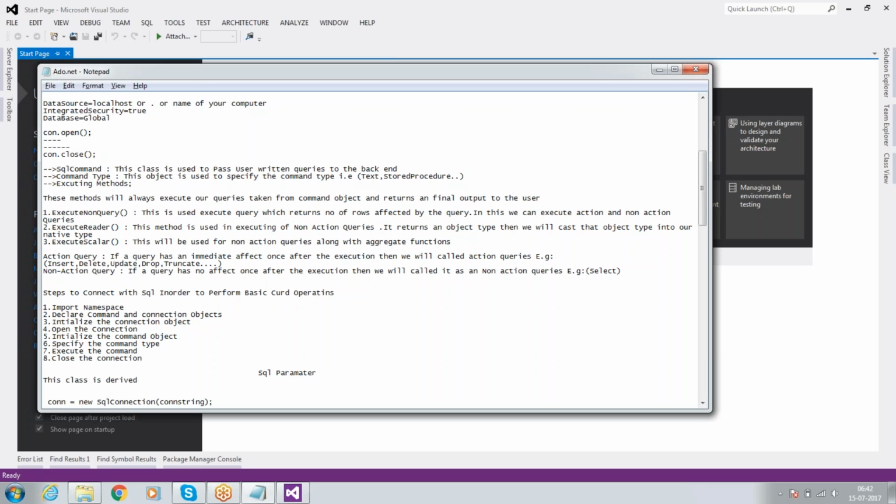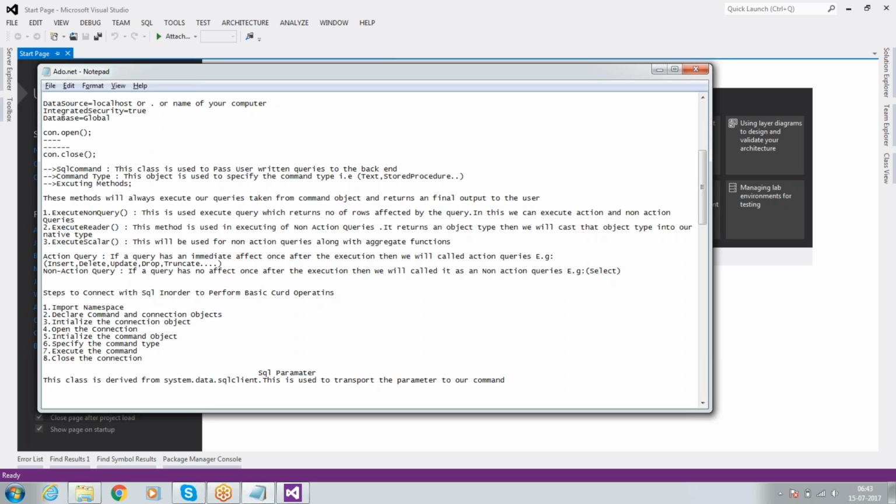Hi, today we are going to discuss the SQL parameter class. This class is derived from System.Data.SqlClient. It is used to transport the parameters to our command. Transport to a command. So generally, like how previously we implemented programs where in the command we are directly passing